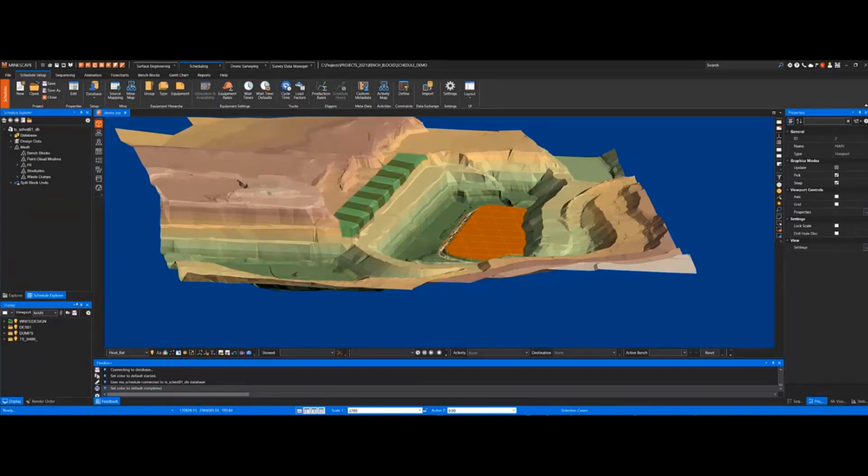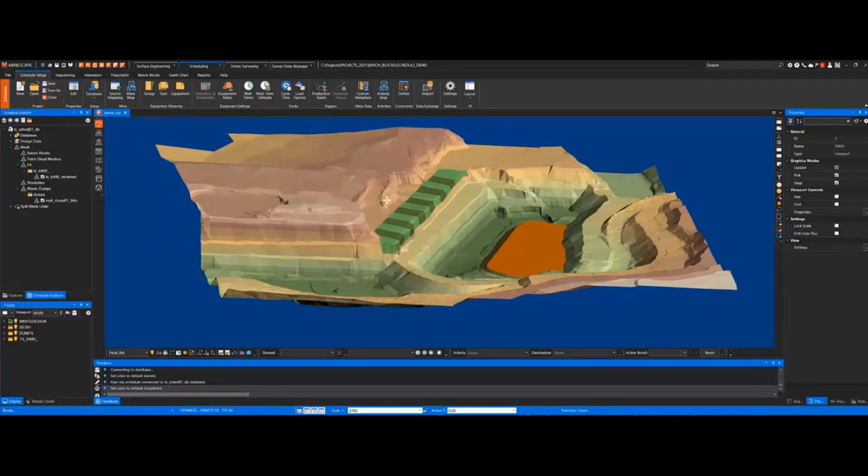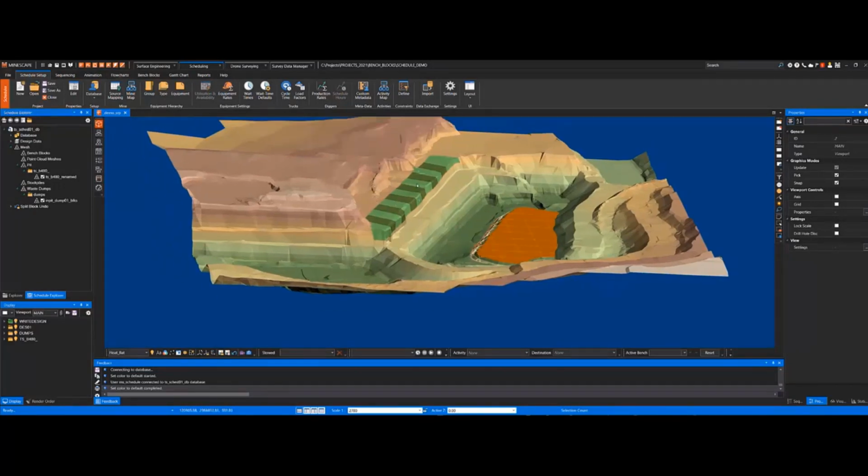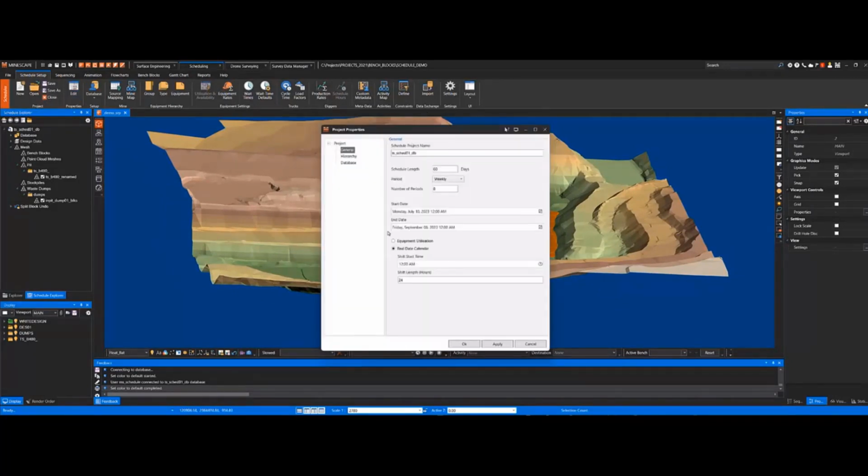When you open up the scheduler, you get a Schedule Explorer, which gives you the ability to review or look at the data that you're going to bring into your schedule. In this case, I'm bringing in some Binge Blocks, these Binge Blocks and these solids. Now these are defined when you first get it set up. It's pretty simple. When you create your database, you can have it use either equipment utilization or real date calendars.